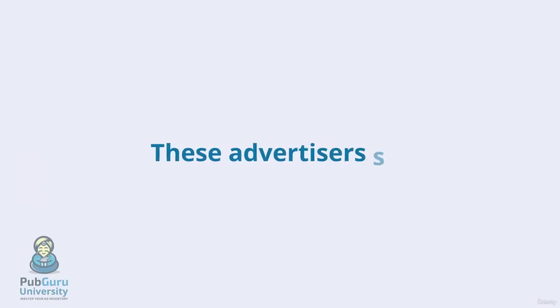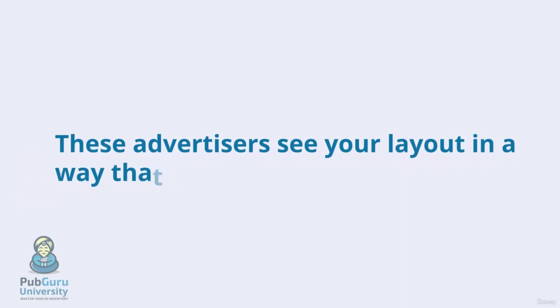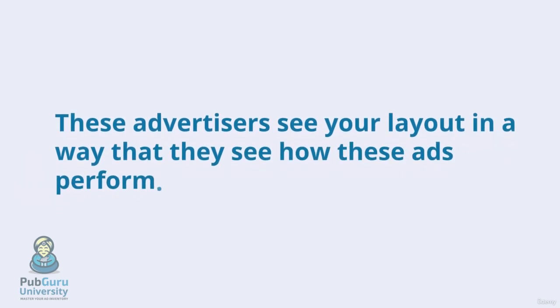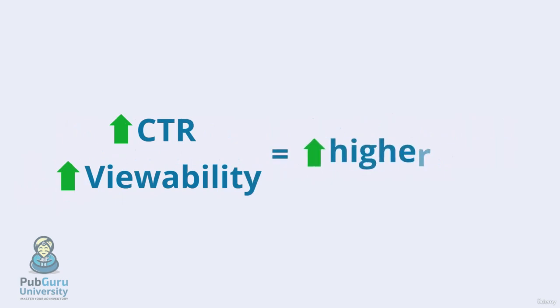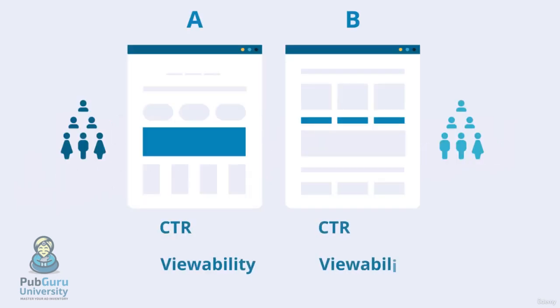These advertisers see your layout in a way that they see how these ads perform. On their end, when they're getting good click-through rate and they're getting good viewability, they are most likely paying higher bids as well. So whichever layout, is it cake or pizza, has higher CTR and higher viewability, choose that as the